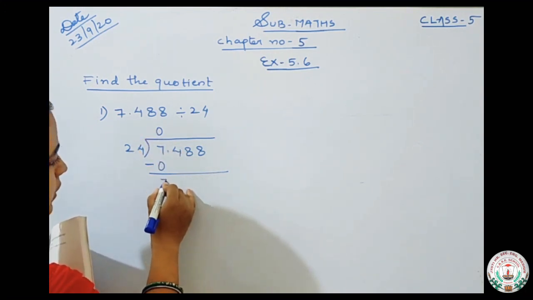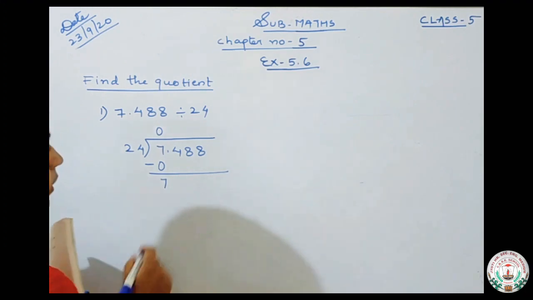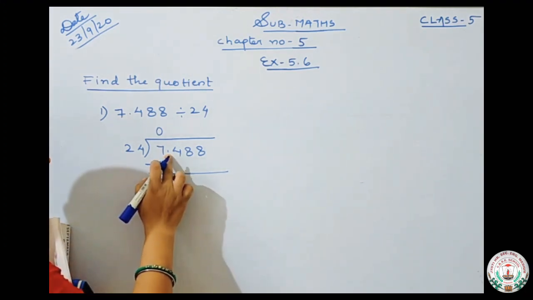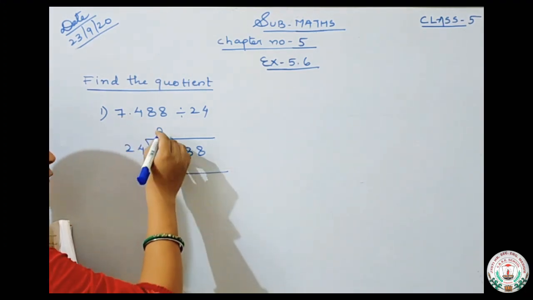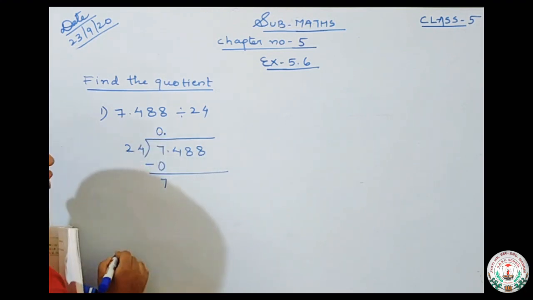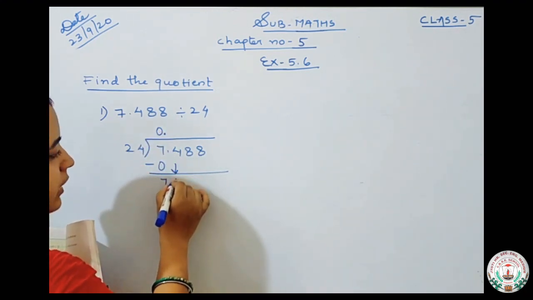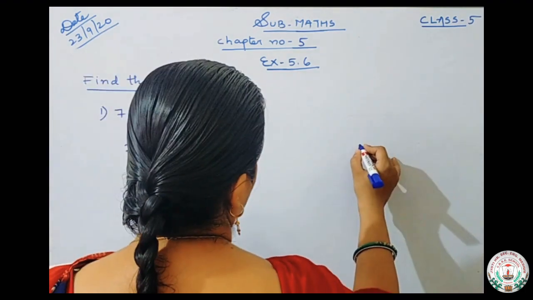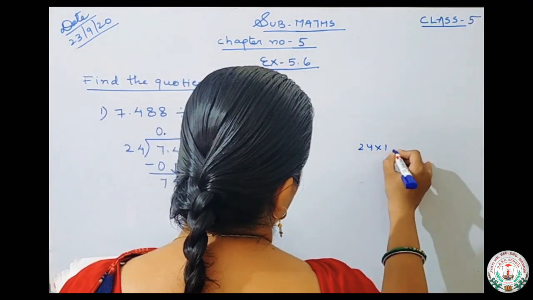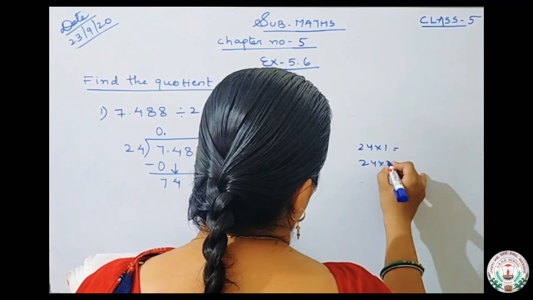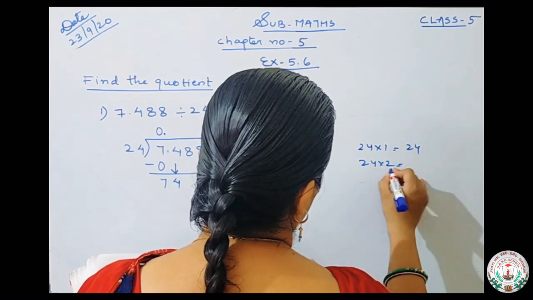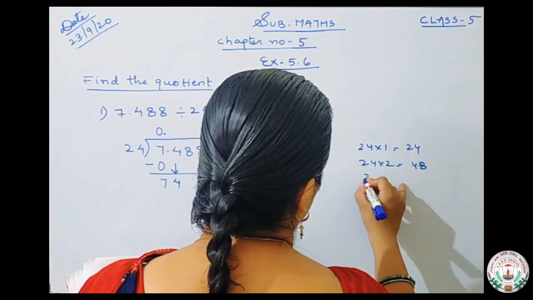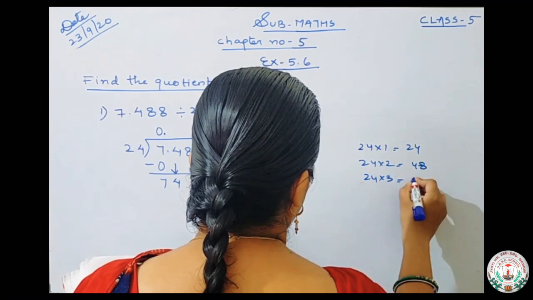When we will minus it, our answer will become 7. Here in the dividend, decimal is there. So we have to put decimal in our quotient also. Then we will note down our next number, 74. In the table of 24, 74 comes. You will write like this in your rough. 24 into 1, 24, 24 into 2, 48. 24 into 3,